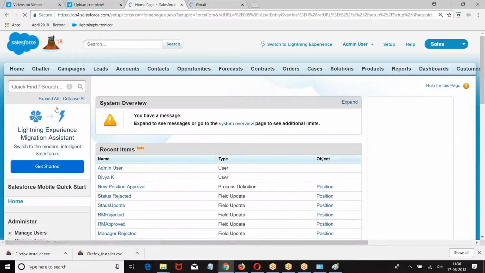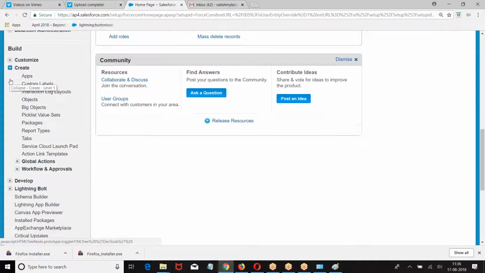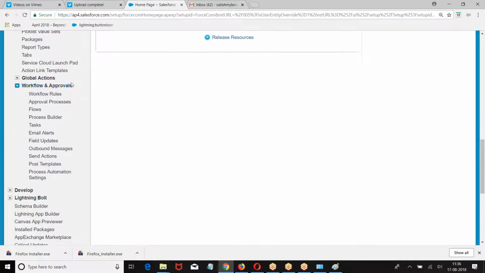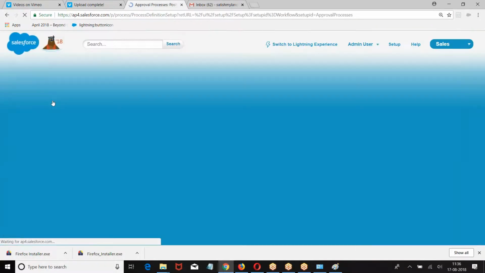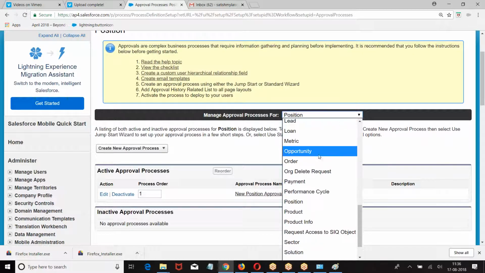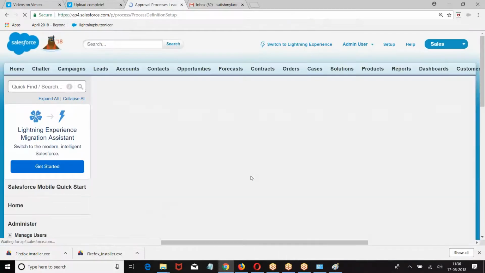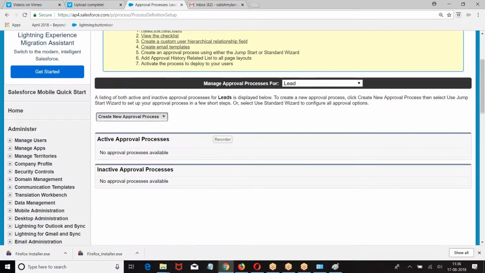Setup, build, create, workflows and approvals. So we have standard setup wizard.